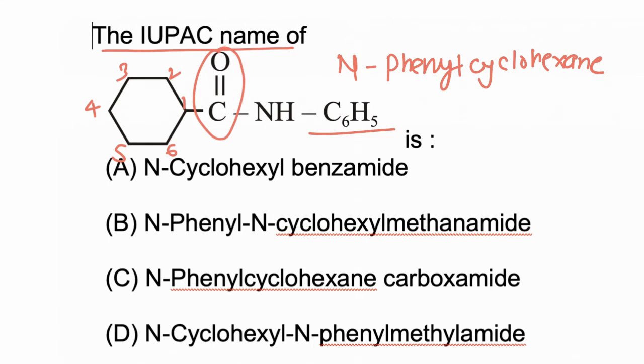The carbonyl group is directly attached with the ring, hence it is taken as part of the ring. In this question, we have to find the correct IUPAC name of the given compound. But first, that carbon is not included in the main chain. First we have to identify the principal function group. Instead of using COOH, we use carboxamide. Both function groups, amide and ester, are present, but according to priority order, carboxamide is given higher priority over ester. So the main chain is N-phenylcyclohexane carboxamide. And hence the correct answer is C.